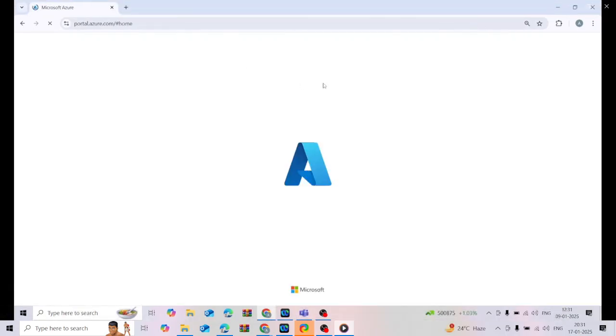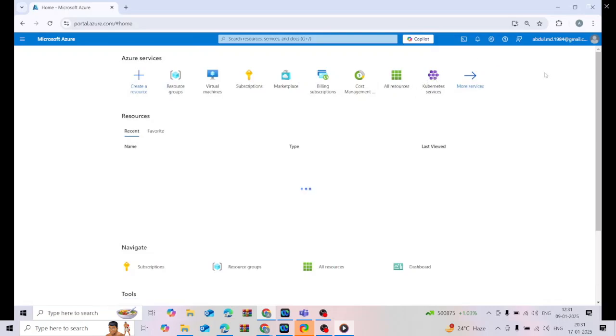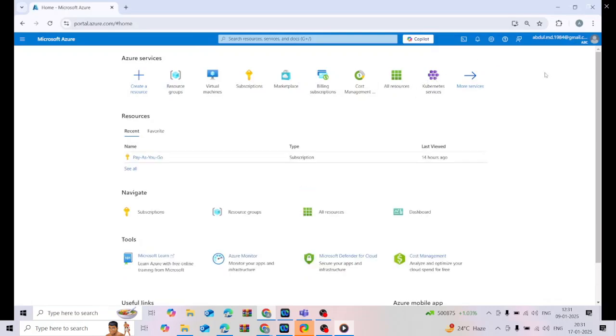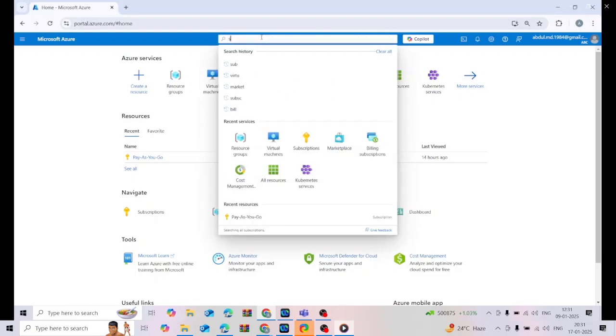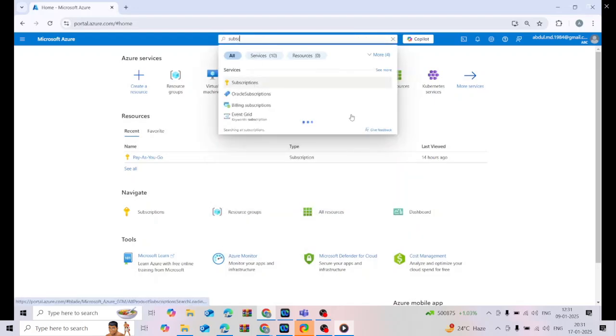As a backup admin, usually you will not be creating any virtual machines, because there will be a cloud engineer who will be doing it for you. But if you want to set up your own lab, I have recorded this video. So you have to go to portal.azure.com, and before that you need to have a subscription also. So if you see the subscription here,